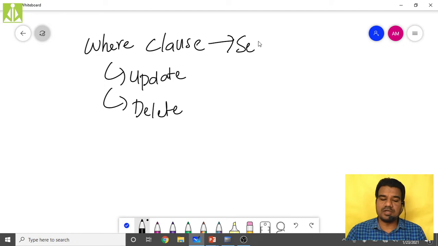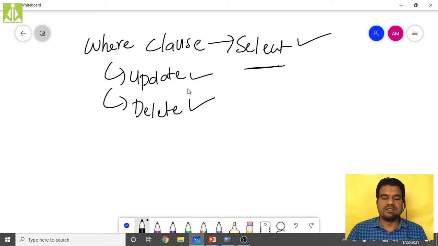Since the select command is already familiar to us, first we go with the where clause in select, then the update command, then the delete command. These three things we will discuss in today's session, starting with the first one: what exactly the where clause is and how we can use it in our SQL.